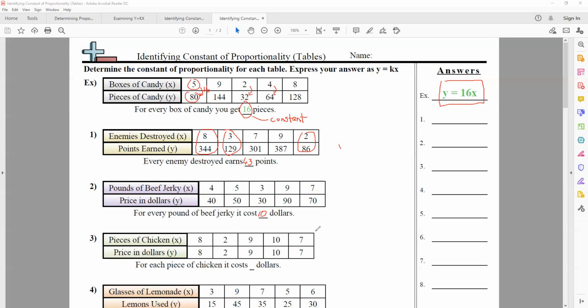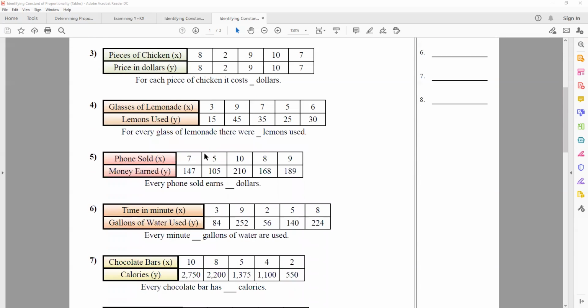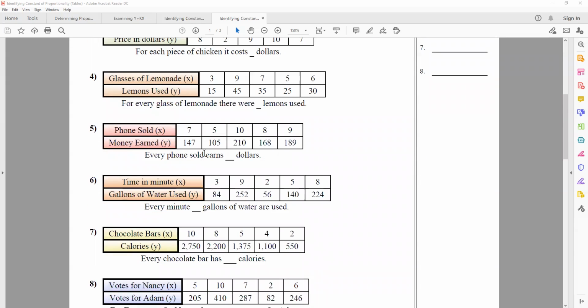For every piece of chicken, it costs $1, because it's the same. Good. For every glass of lemonade, you will use 5 lemons. And for every phone sold, you'll use